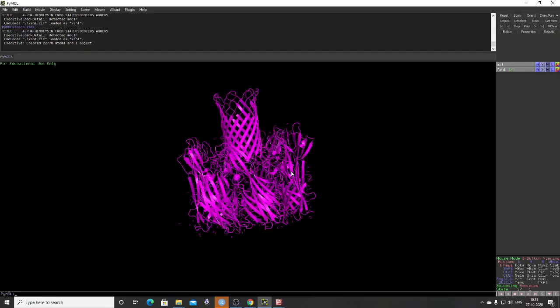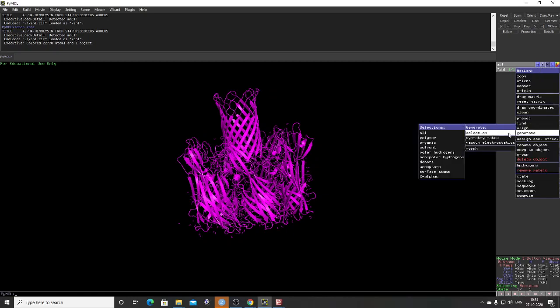So, for example, here we want to generate electrostatic potential. You go to Action, Generate.